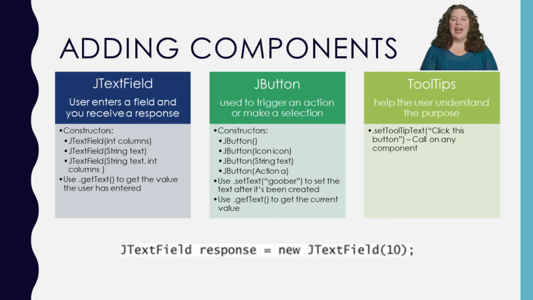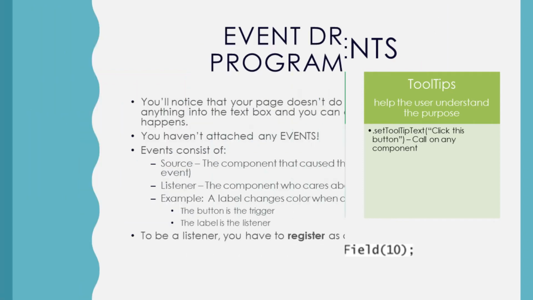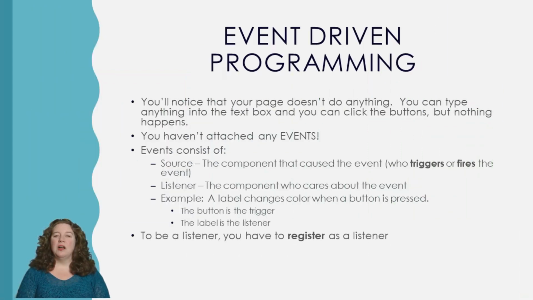Let's talk about how we can make things happen. Here we are going to talk about event-driven programming. Everything in Swing is done by events. Nothing happens without an event being thrown or fired. And there are events all over the place. The window opens, the window closes, a button gets clicked, items get typed in, checkboxes get checked or unchecked. All of these events allow you to write programming events to occur